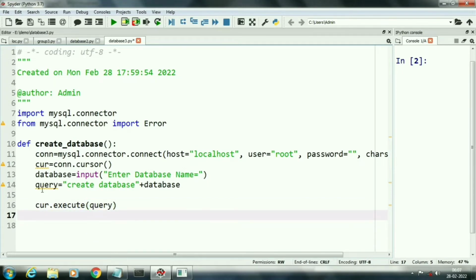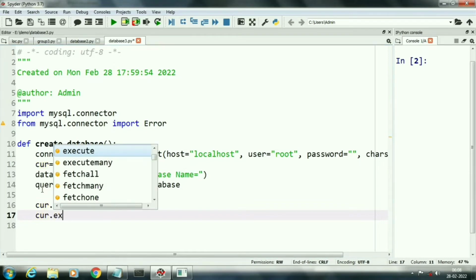Next query I am executing is use command, use database name, to enter into our database so that we can create a new table in this database.